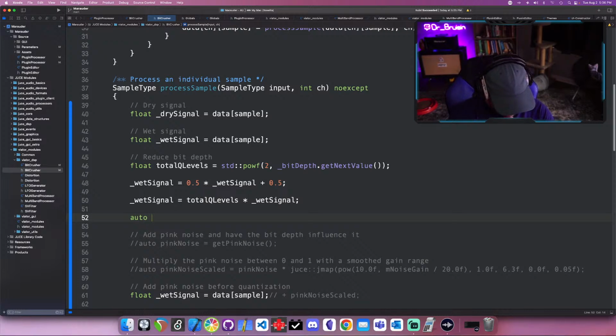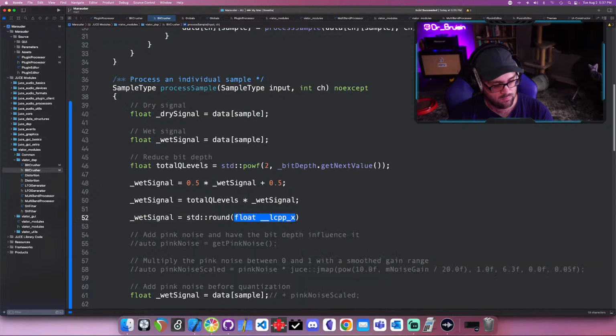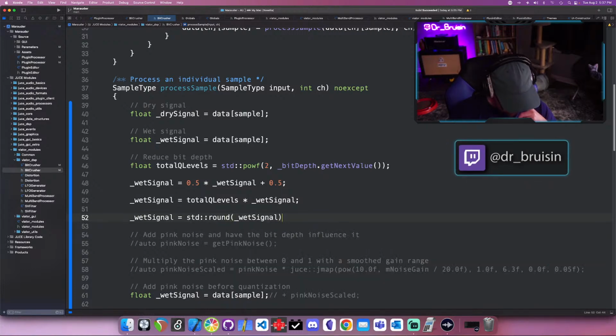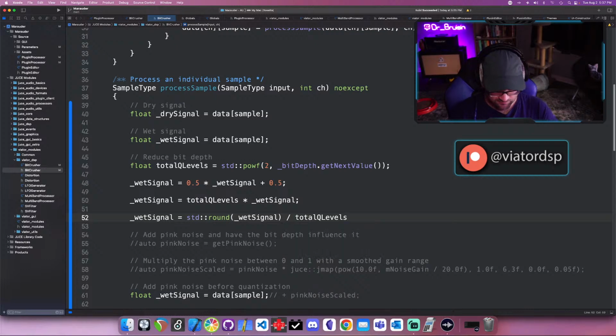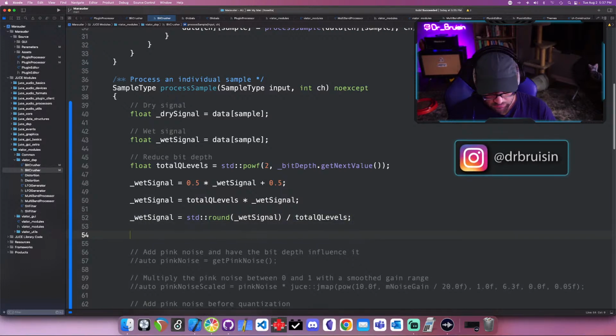Actually, we don't have to do that. We could just say wet signal is equal to, let's see, std round wet signal, and then that would be divided by total Q levels and then